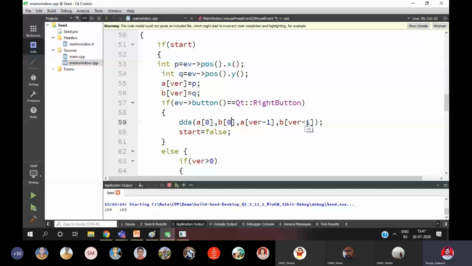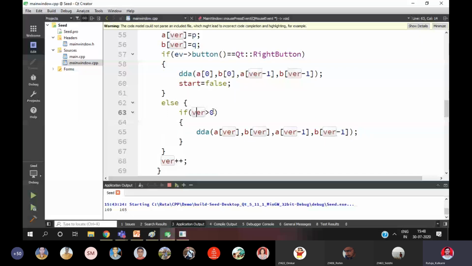Once I close the polygon, I don't want any further clicks on the window. That's why I made the start false. Now it will check whether the index is greater than 0. Why is it so? For drawing a line, minimum 2 points are required, right?